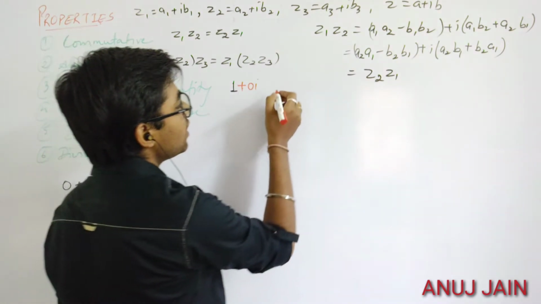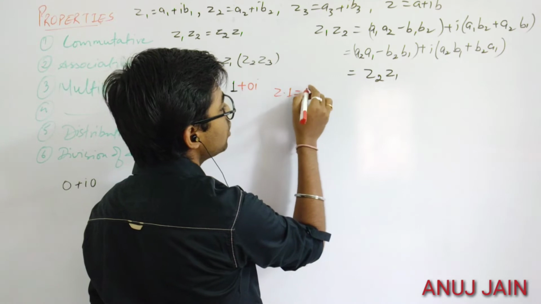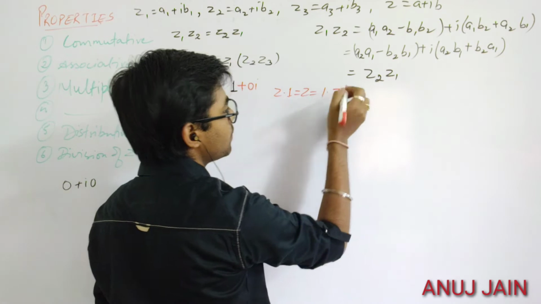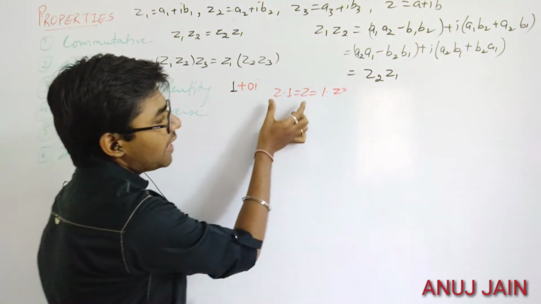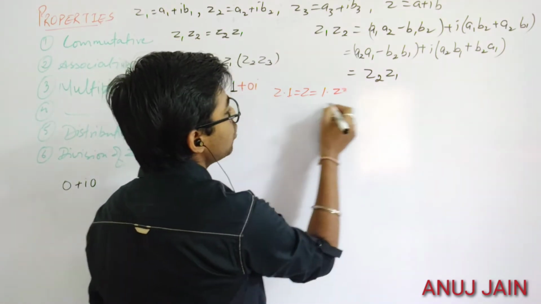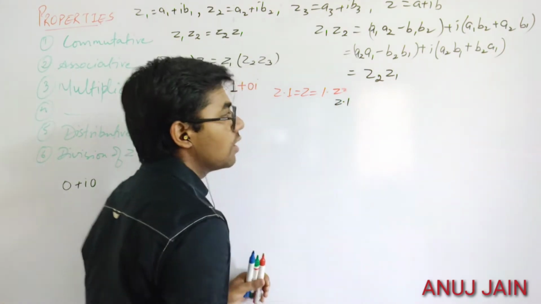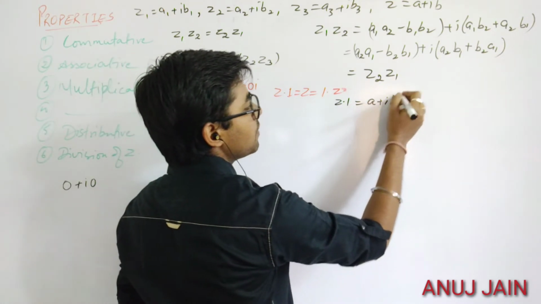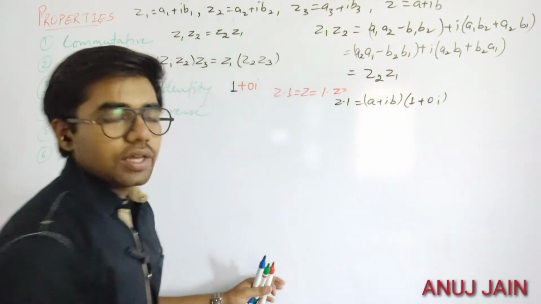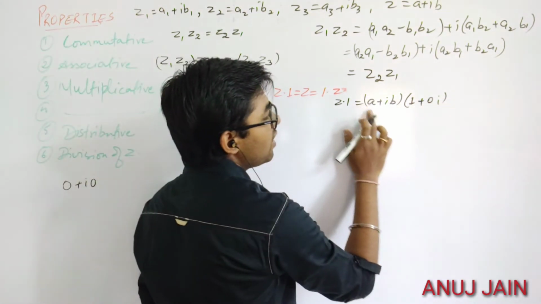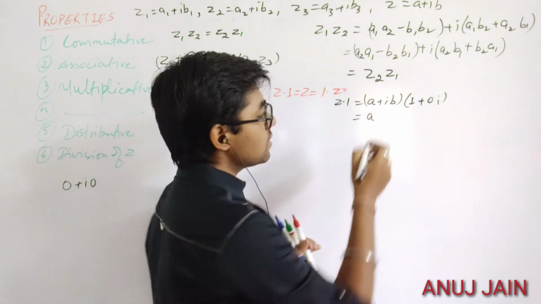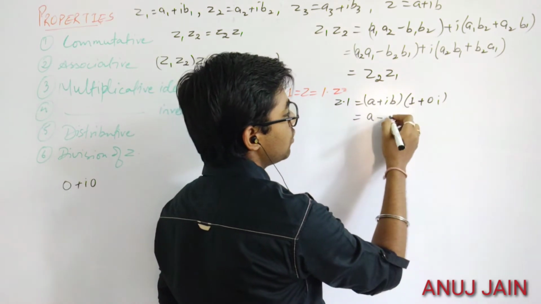What we have to verify is Z into 1 is equal to Z is equal to 1 into Z. Right? So one part I will do, another one is for you to try. So Z into 1, I will take Z into 1. Z is A plus IB times 1 is 1 plus 0I. Now just use the formula A1 into A2 minus B1 into B2: A into 1 is 1, minus B1 into B2, which is 0,